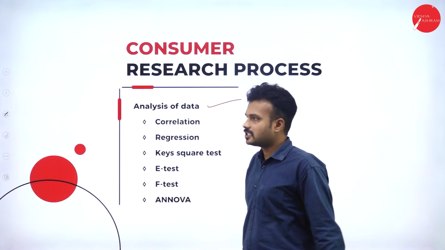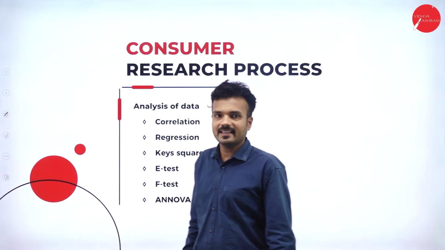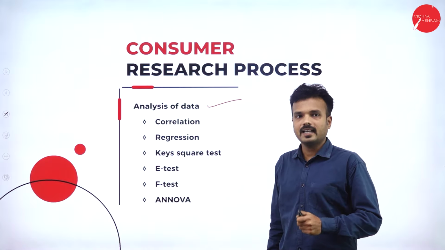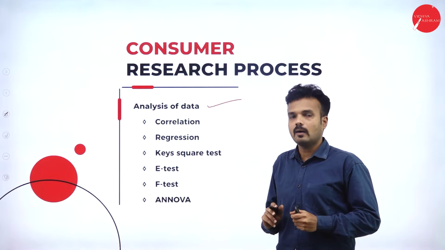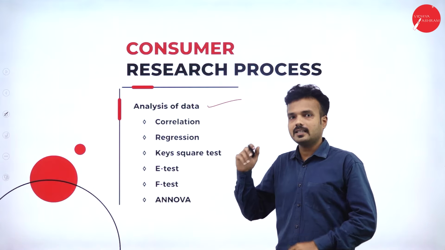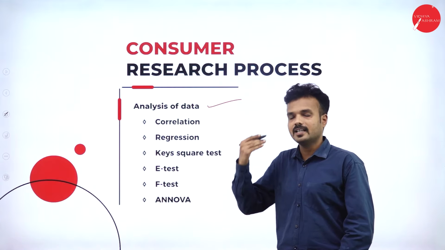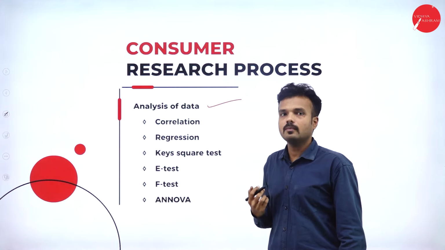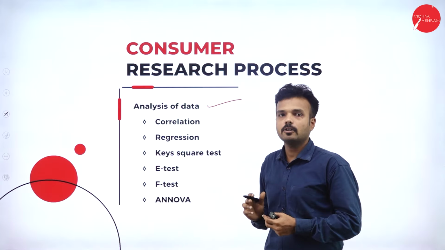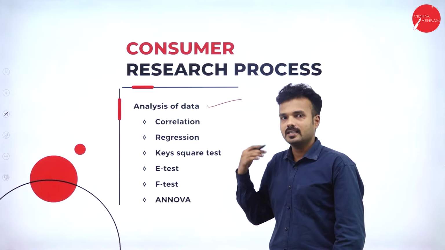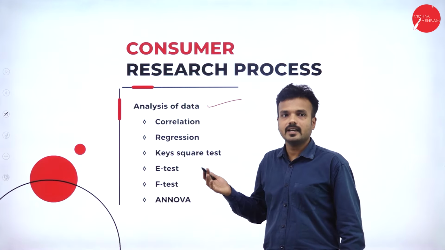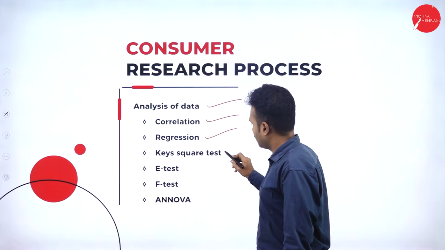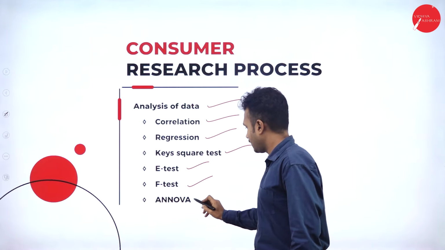In this step, the researcher analyzes the data that he has collected. The researcher has collected abundant data. Among that data, he selects the data that is required and convenient for his research. Hence, the researcher takes a very small amount of data from the abundant data, which is beneficial for his research work. While analyzing the data, he uses statistical tools such as correlation, regression, chi-square test, T-test, F-test and